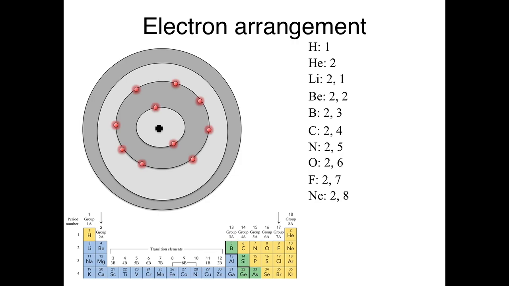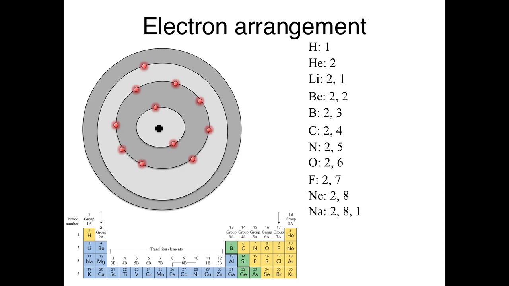Notice what happens every time we reach the end of the periodic table row. Just like helium was the end of the first row in group 8A, when you reach the end of the row, you have reached the maximum number of electrons that can possibly fit in that energy level. Because, as stated in the previous slide, the second level can only fit 8 electrons. In this case, at neon, we already have 8 electrons on the second energy level. So when we move to the next element, element 11, sodium, it would have 1 extra electron, and that 1 extra electron now will have to move on to the third energy level,